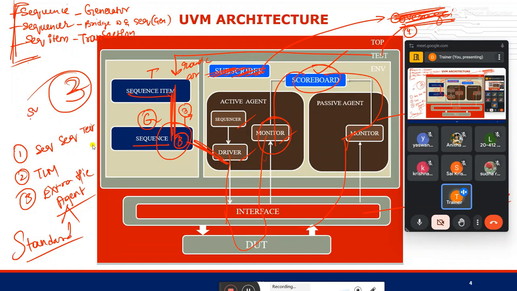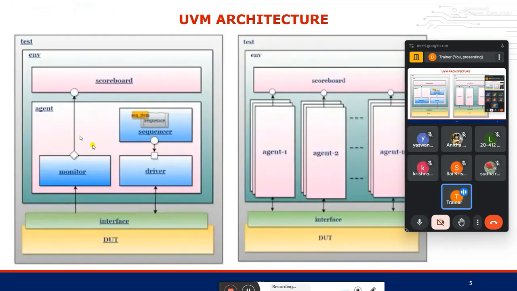But in SystemVerilog, that was not the case. Every time the generator logic will be changing, obviously, but here it is not like that. The steps that I am going to design are constant. That is why we go for UVM. UVM codes are developed in such a way that the codes we are writing are constant, standard codes. So that is the value that we have for the UVM architecture.